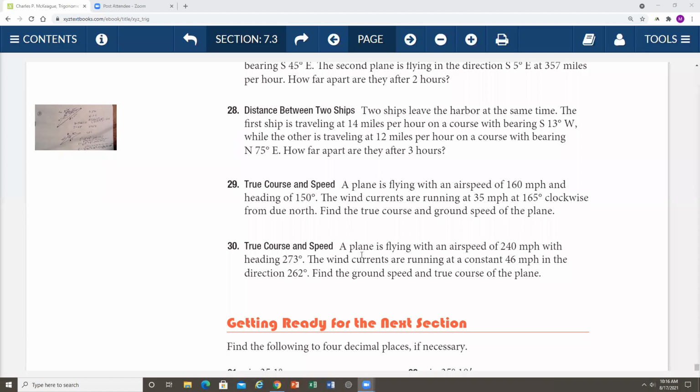The true course and speed of an airplane. Number 30. A plane is flying with an airspeed of 240 miles per hour with a heading of 273 degrees. The wind currents are running at a constant 46 miles per hour in a direction of 262 degrees. Find the ground speed and true course of the plane. Ladies and gentlemen, you take an airplane up,